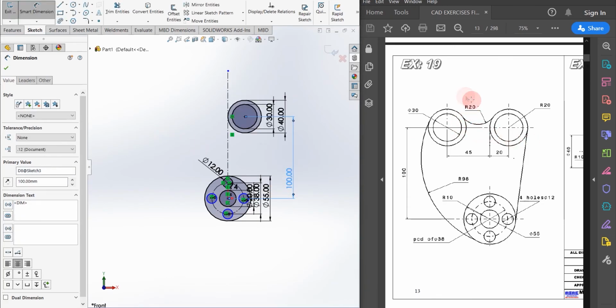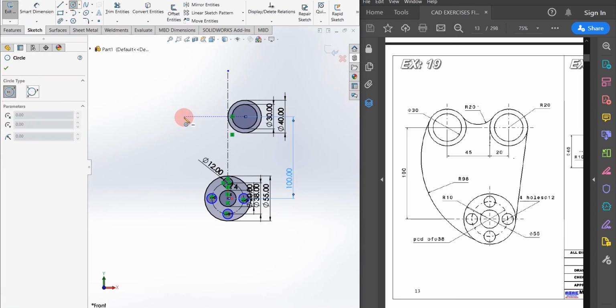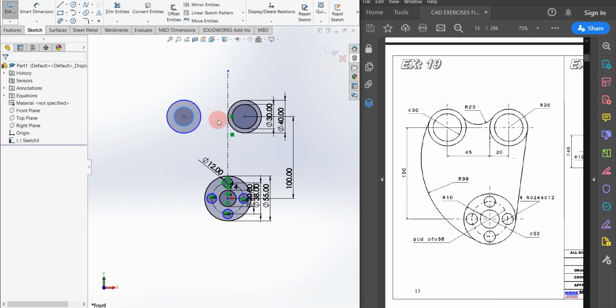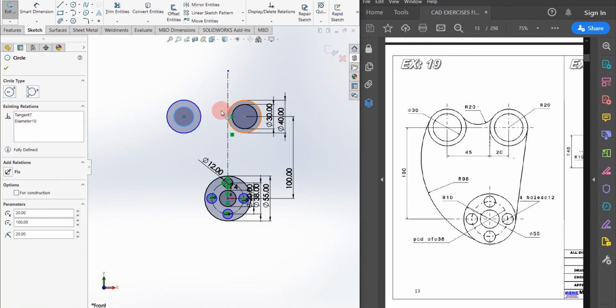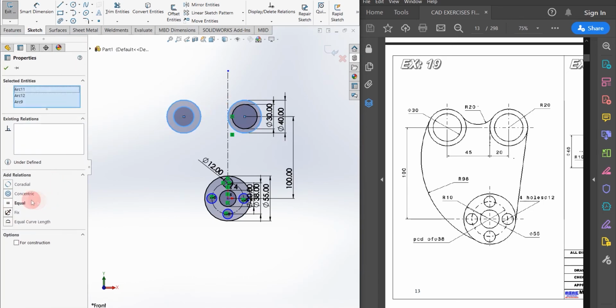Now another circle is there. These both circles are the same, so I am sketching another circle, and I am going to select this outer circle and this one and give the relation equal.